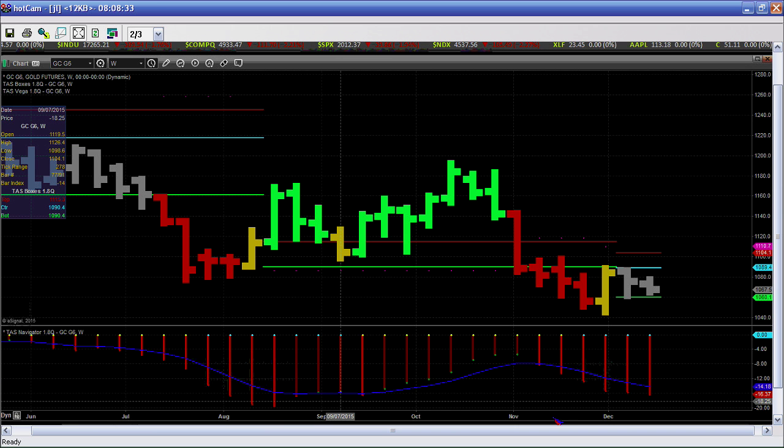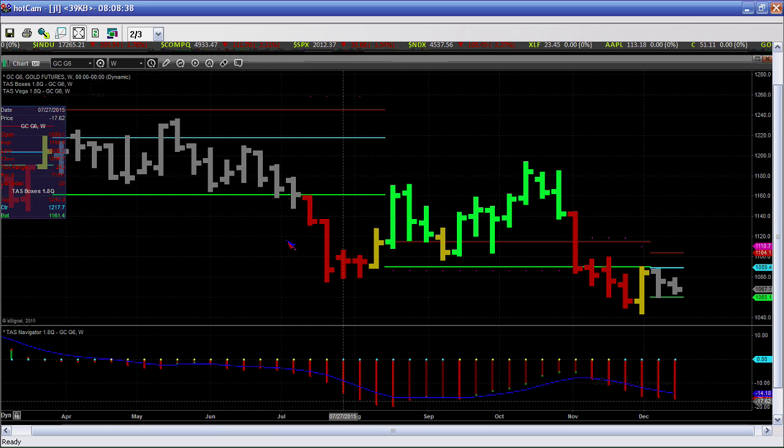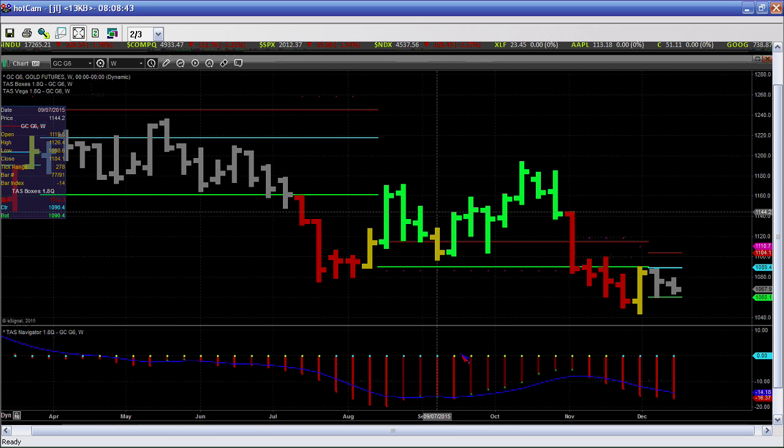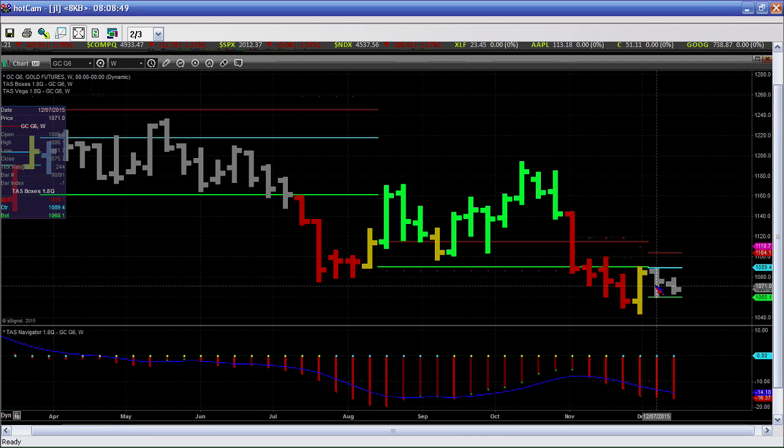I'm going to go back in time here. We're looking at the February contract. The continuous contract is a little more voluminous, so we can get a little more information there. But as you can see, these breakdowns go back and retrace into those former support, now resistance. Now we had a support area. We had a profile up here. We're not changing tone going into another long-term view trend change. We're just having some day trading opportunities or short-term swing trading opportunities, and then trying to use the long-term trend